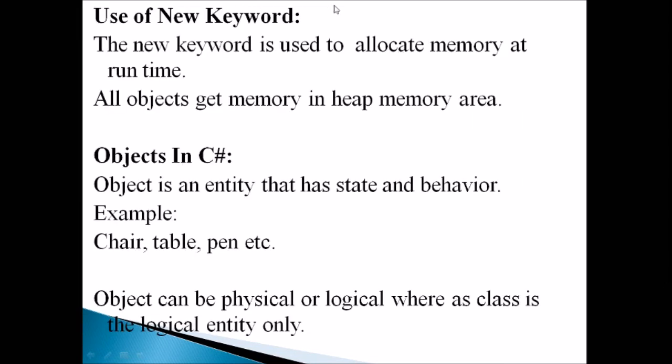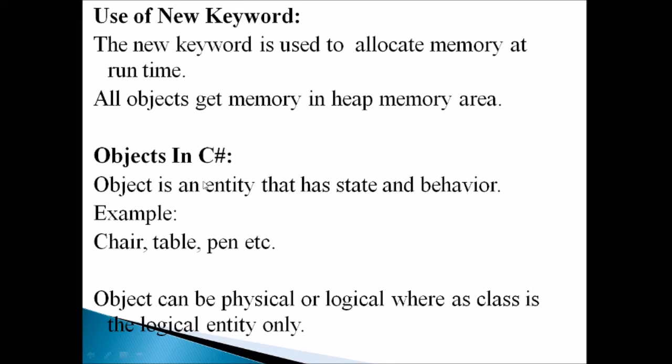And next thing is use of the new keyword. As we said already, while we create the object, we use the keyword new. What is the use of this new keyword? It is going to allocate the memory space during the runtime. Okay, all objects get memory in the heap memory area. These things we may study in a data structure paper: tree, heap, stack, queue, linked list, many things. It is one of the structures of memory where all the objects will get memory space. So these objects get memory space during the runtime while we create the object. It is done by the keyword new.